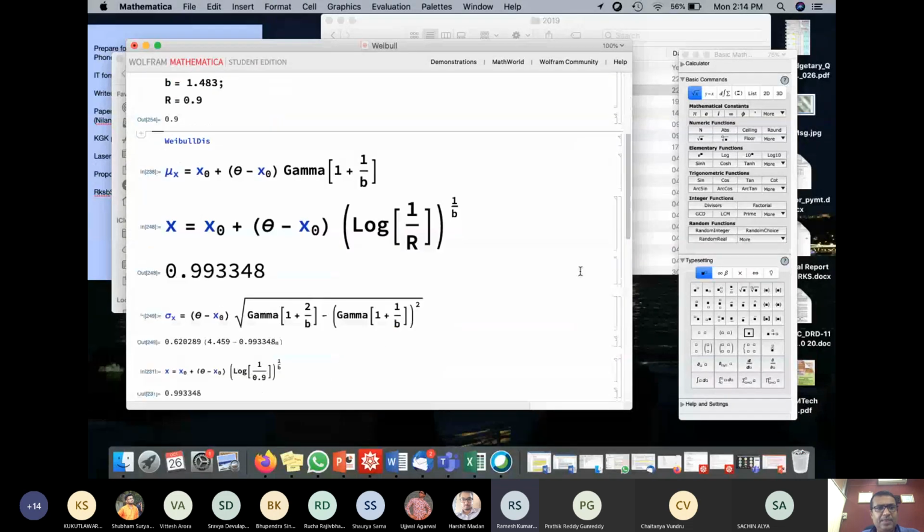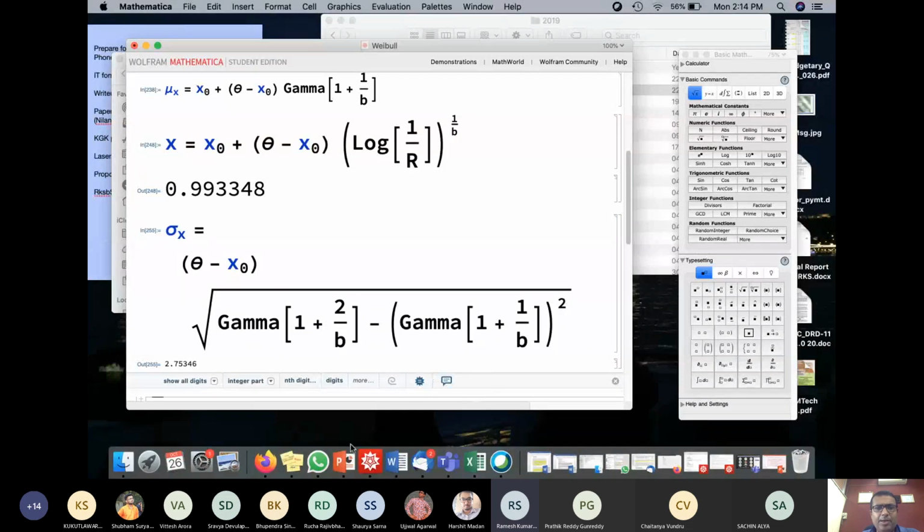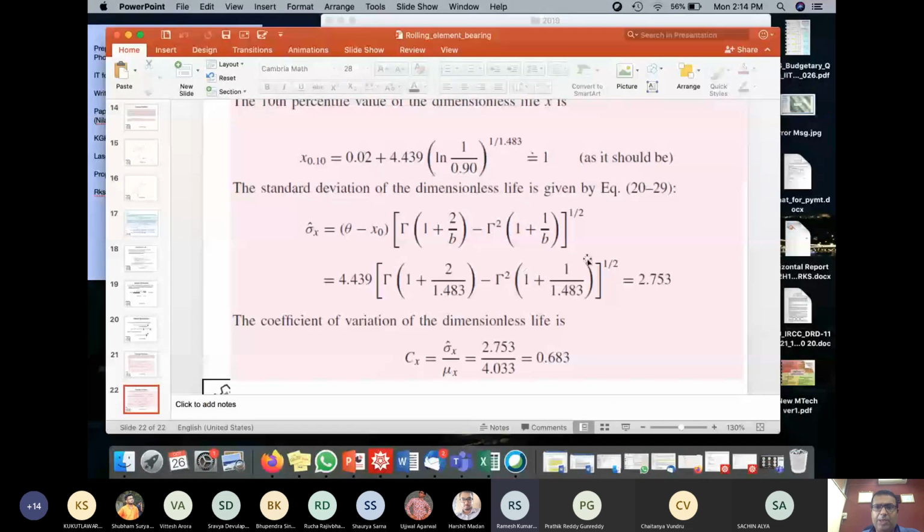Do this, and find out what the standard deviation will be here. 2.753. Let's check whether this number is right or not.